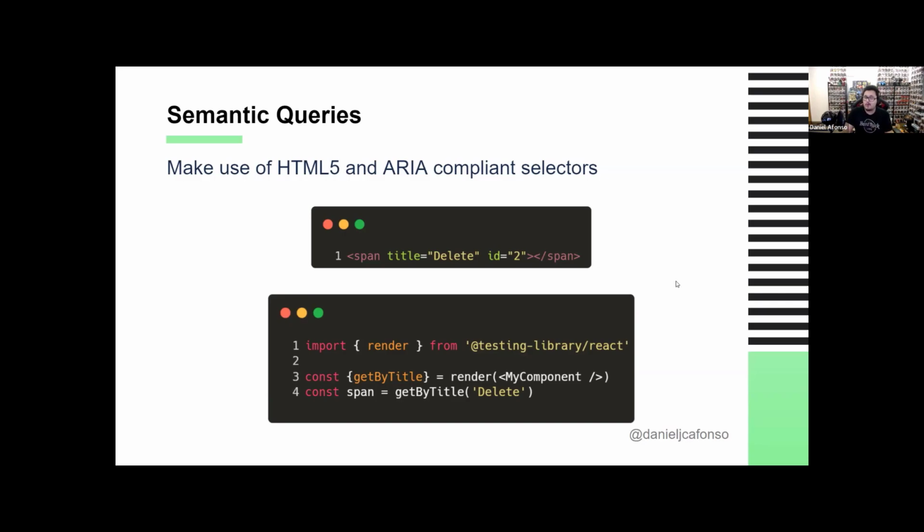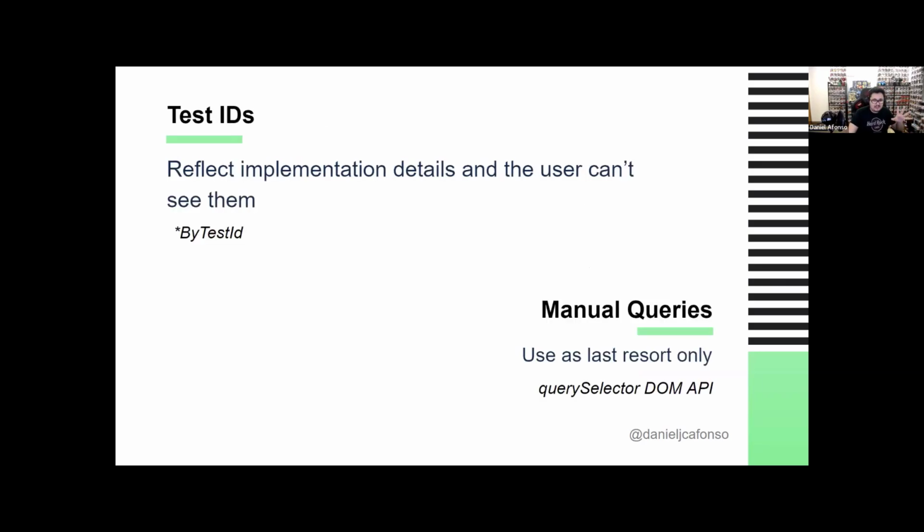But the process for querying from your side is pretty much the same thing. You render a component, you destructure the query, and then you query the DOM. In this scenario, I query the DOM by the title delete. It will look into the DOM. Okay, we have a title delete, then it will return it. And these are the two families that you should always start with, because once again, user experience, don't reflect implementation details. Now, if for some reason none of these work, then you can introduce an implementation detail,